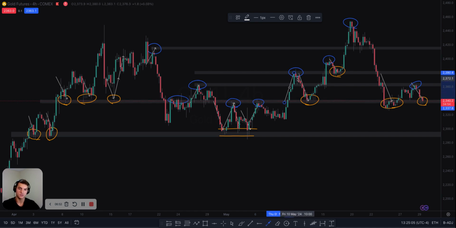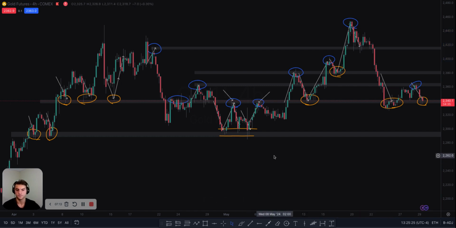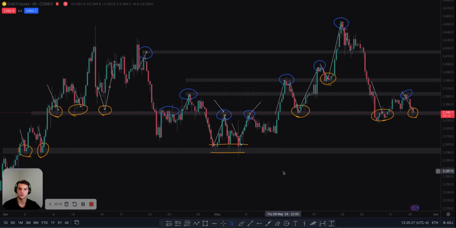It rejected from this level and came all the way down to past resistance here on the left, formed a new support, and then drove price up. All right. This is a resistance. Also, it came from this level of support to this level of resistance, and that's how I do support and